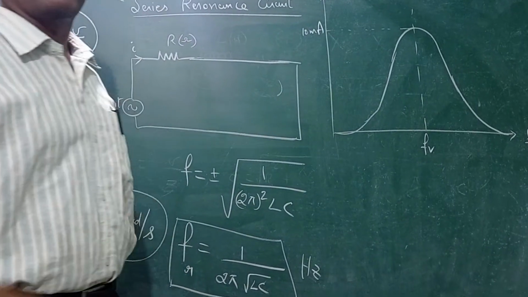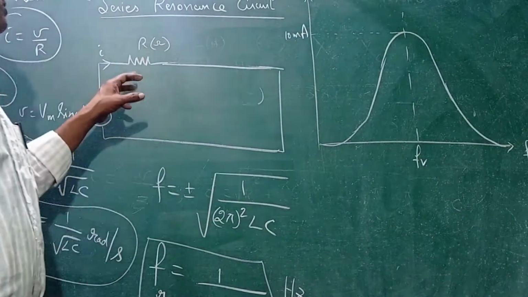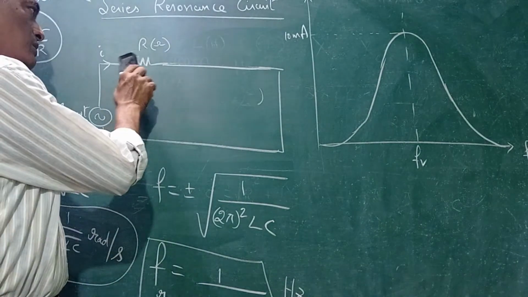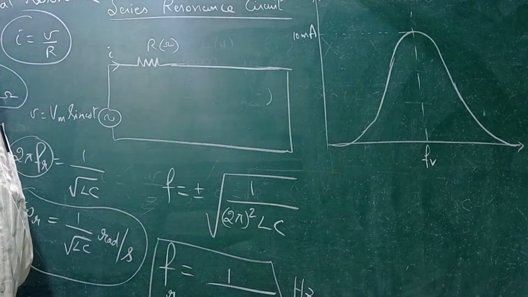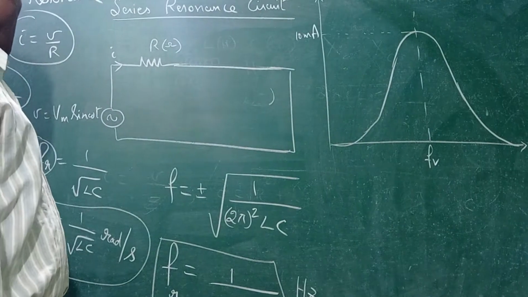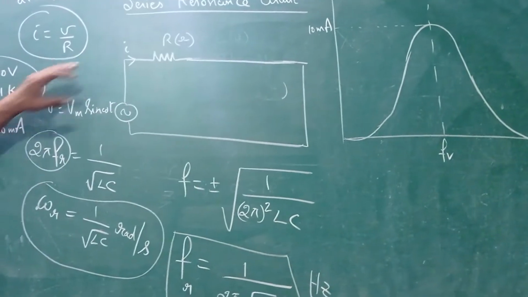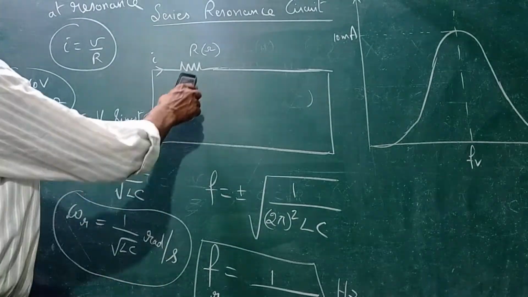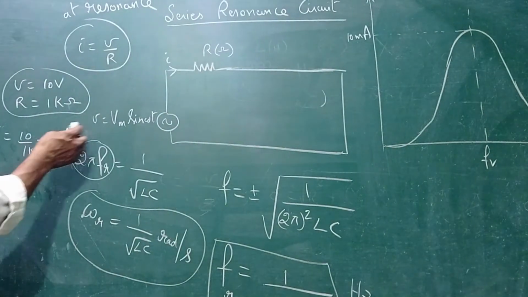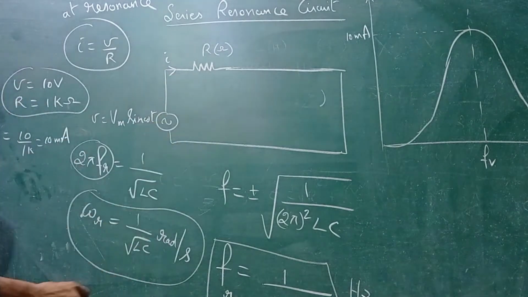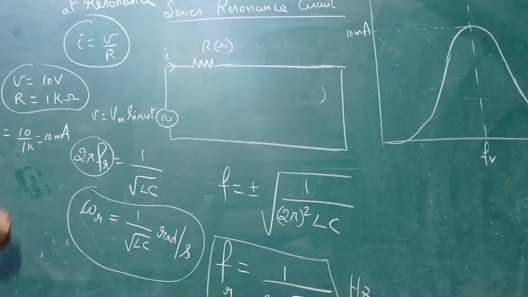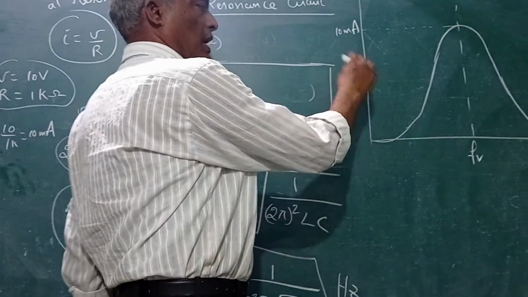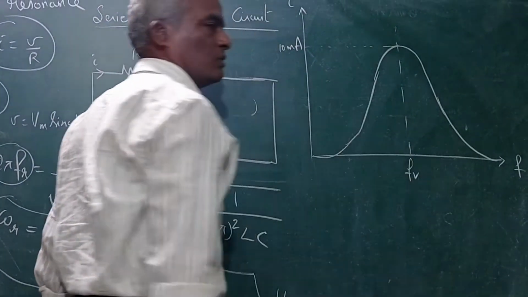See, actually for an ideal case there should not be any resistance at all. That is the ideal case. That means even this is replaced by a short circuit. So what happens? In the ideal case, it is 100% short circuit. That means R value is 0 basically. So what happens? Anything divided by 0 will give you infinite current. That is the ideal case. That means if you have some resistance, you will be seeing some bandwidth.